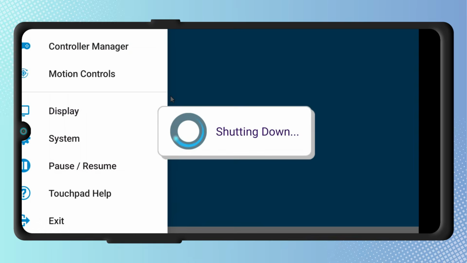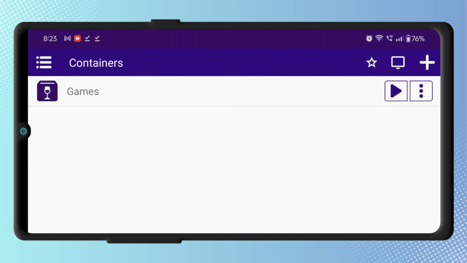Keep in mind that not every Windows program will run perfectly. Some advanced or modern software may crash or fail to open. Still, as you have seen, many popular tools work very well. With this setup, you have turned your Android phone into a mini Windows PC for both apps and games. If you run into issues, you can always look up community forums for specific fixes or tweaks.